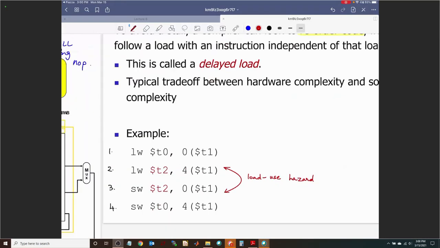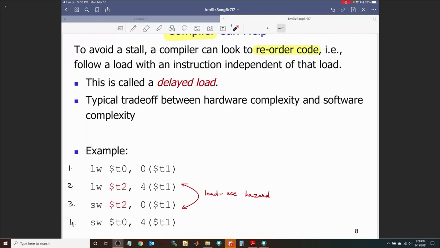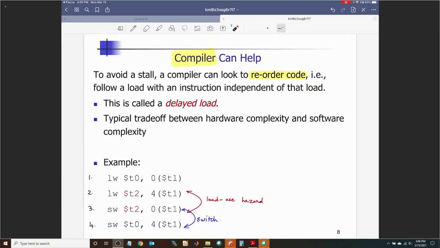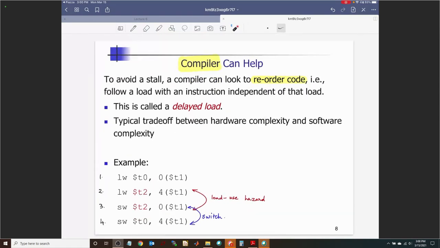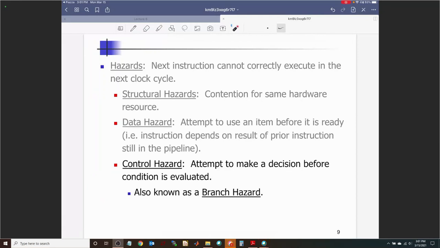Now, can you think of fixing it by reordering the code? Which 2 instructions can you change or reorder? Switch 3 and 4, right? So if you switch 3 and 4, you don't have that situation anymore. So that load use hazard is removed, and nothing really happens to the pipeline. You don't have to make any adjustments. 3 and 4, you just switch. All right. So those were the ideas in terms of a new